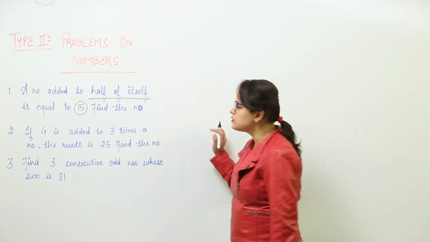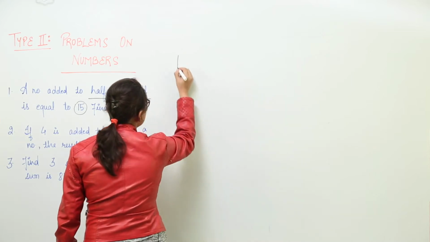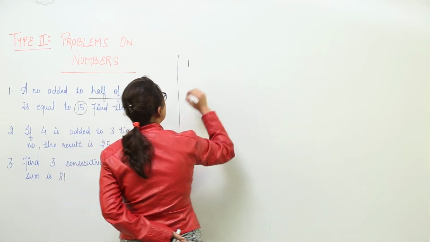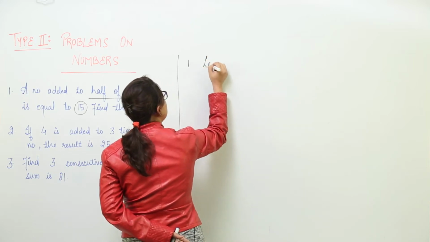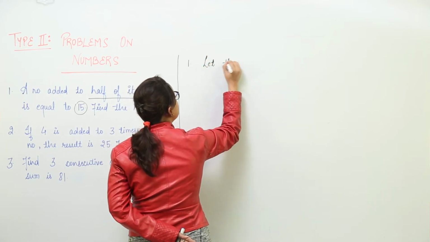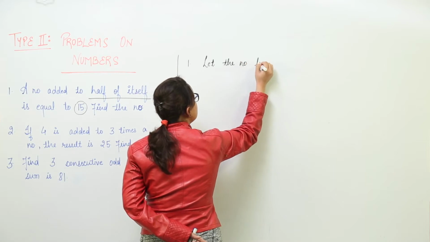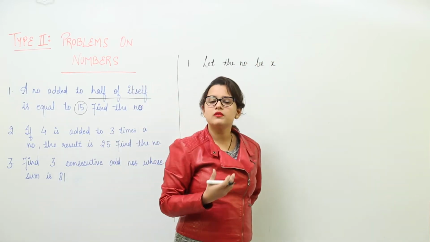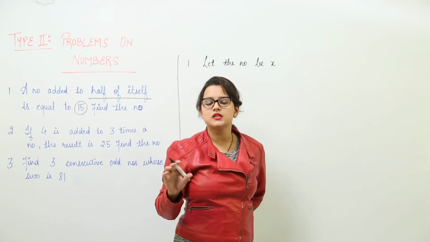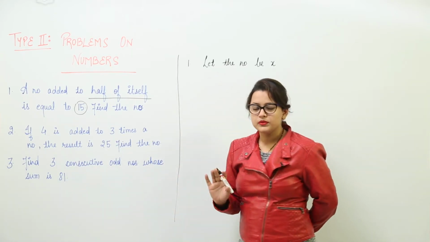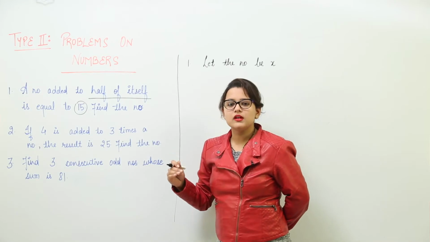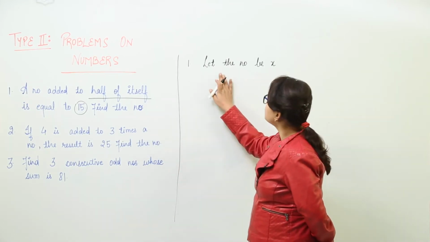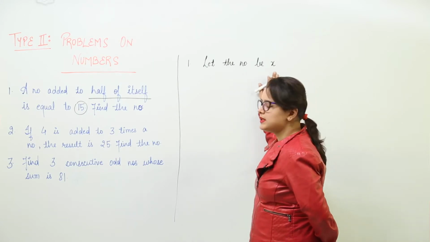So what we are going to do is, we will assume the number at first. So the number that is to be found, we will assume that let the number be x. So we are assuming that number to be some value with the variable x, right? Because x can have any value right now. Until the time we find its exact value, we are going to assume it to be some variable. Now the number is assumed to be x.